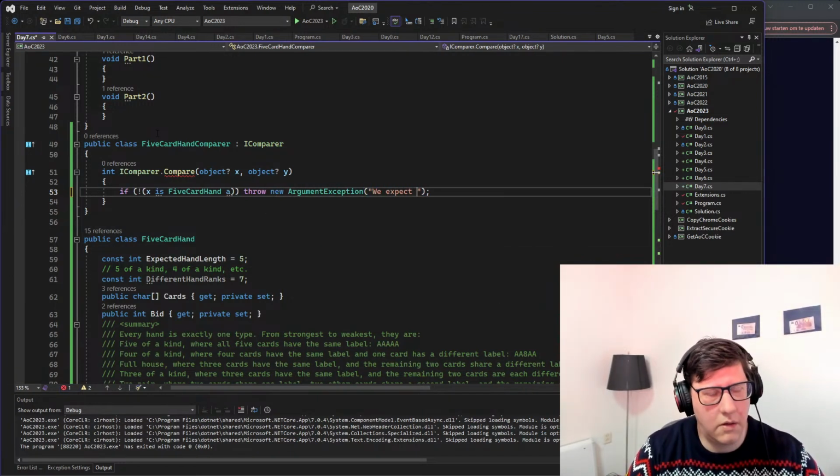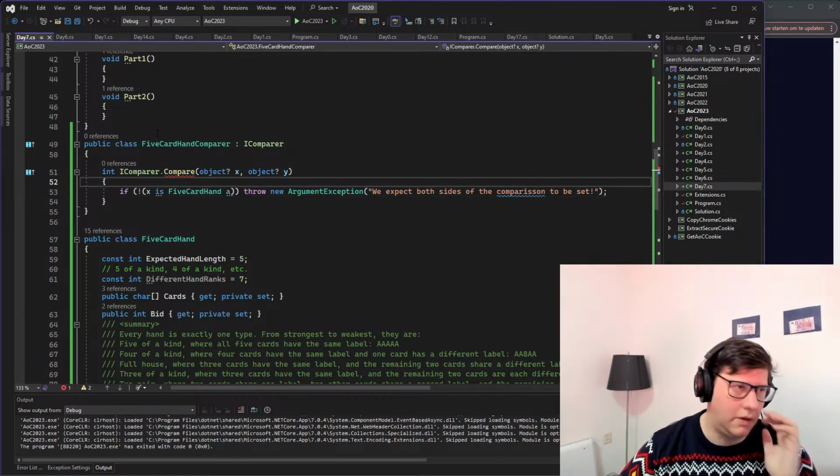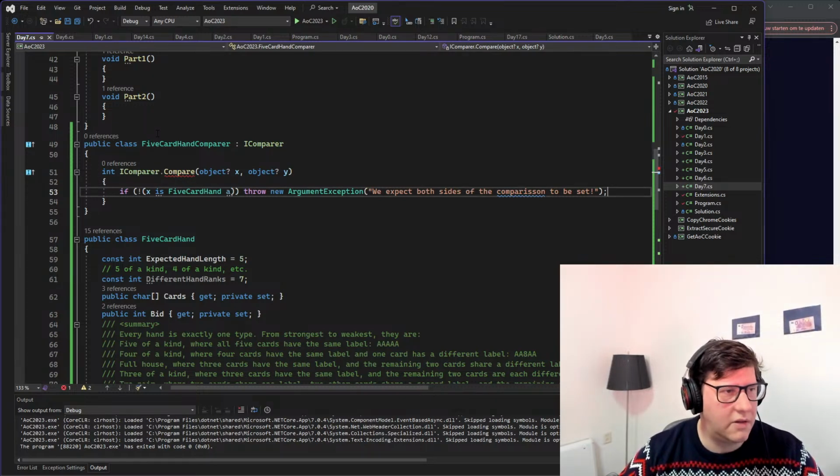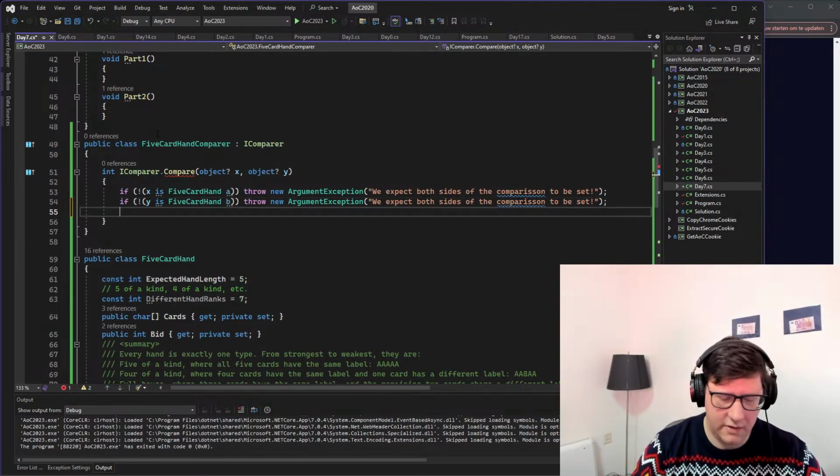We expect both sides of the comparison to be set. Normally you want to account for nulls and all sorts of that, but this will never happen in our case, so we'll just make sure that we have it parsed out. B, like this. So now we can do